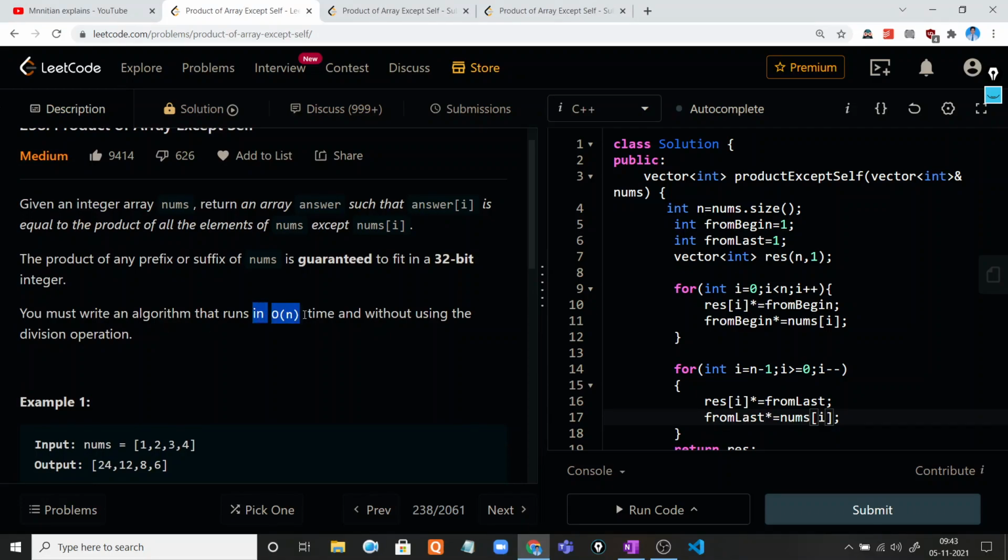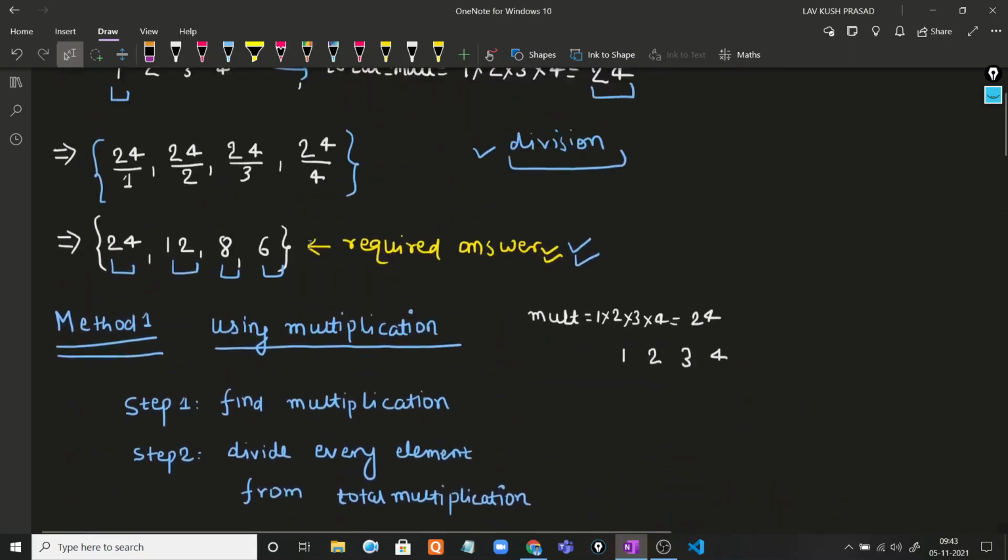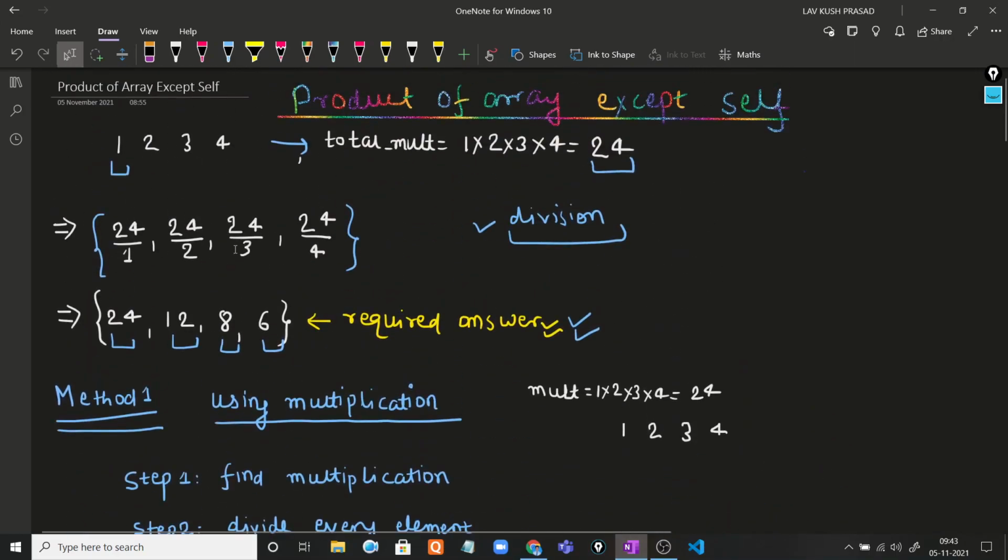Big O of n is fine in the first method, but the problem is we use division there, like 24 divided by 2, 24 divided by 3. So that's the problem for this solution.